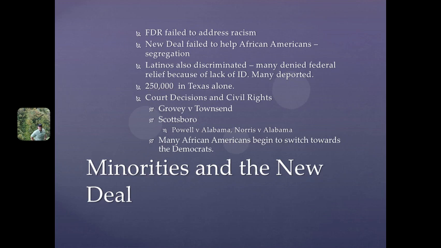Now, in the end, it comes out that these two women had actually been prostituting themselves and were basically having sex with anybody for money on the train, let alone all the black guys. So, in the end, you get justice for these guys on some level. And what ends up happening is you start to see the switch from African Americans being so heavily Republican since the Civil War and Abraham Lincoln. Now they're starting to switch to the more progressive Democrats, especially in the South and stuff like that. Well, especially in the North too, I guess, to be honest.